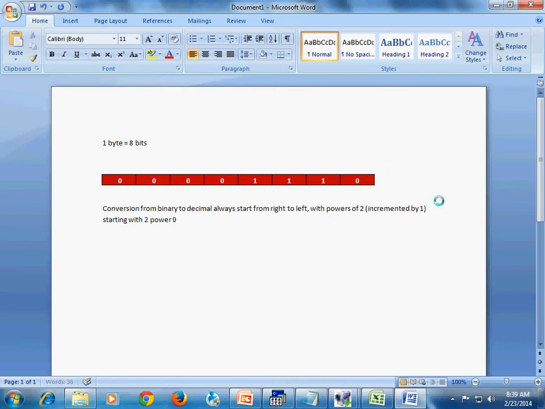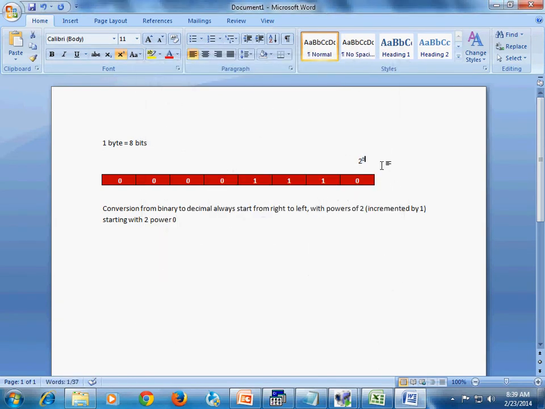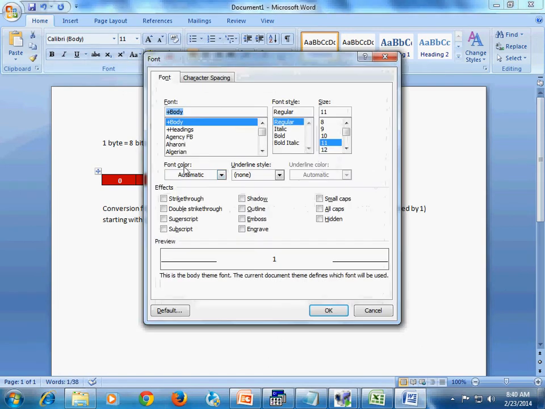The first one represents 2 power 0. So this is 2 power 0 and this is 2 power 1.